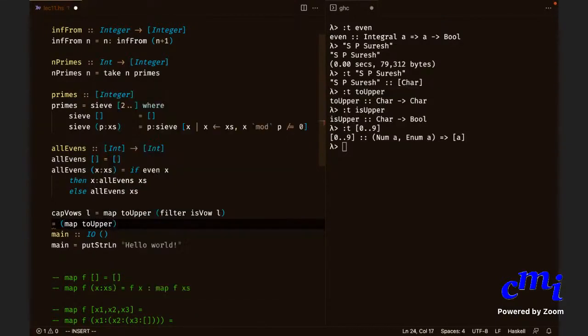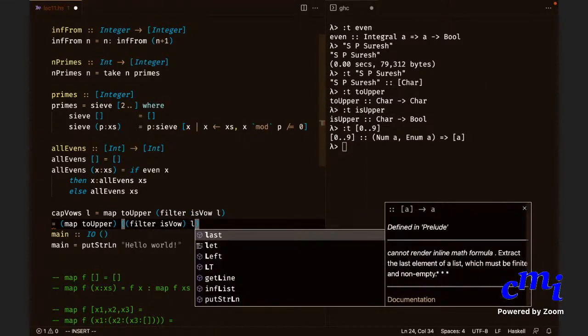Function application you should bracket leftwards. Type arrows you should bracket rightwards. You first apply filter to isVowel, that will result in a function, and you apply that to L.